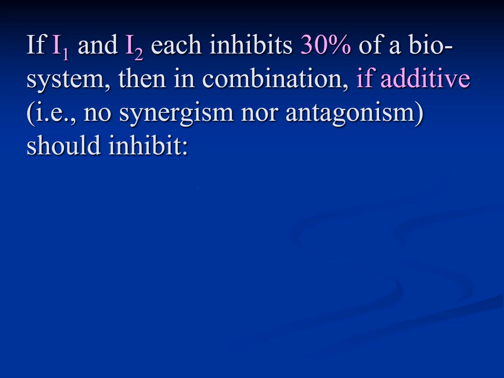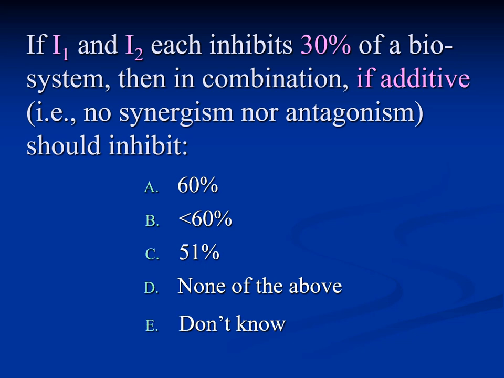Over 50 years ago, I asked a seemingly simple question. I1 and I2 each inhibit 30%. If additive effect, would inhibit how many percent? But it was difficult to deal with. So I spent my lifetime to explore it. Now I would like to quickly tell my story and my major conclusions.